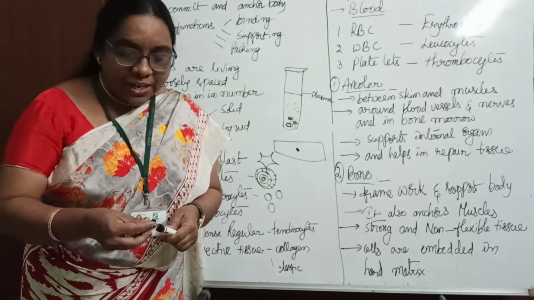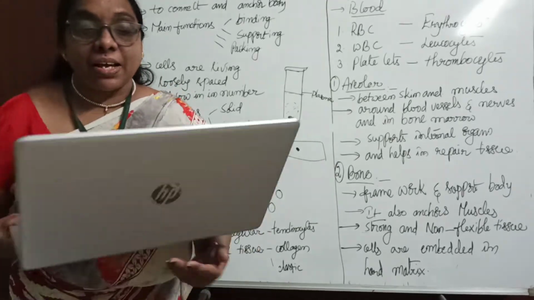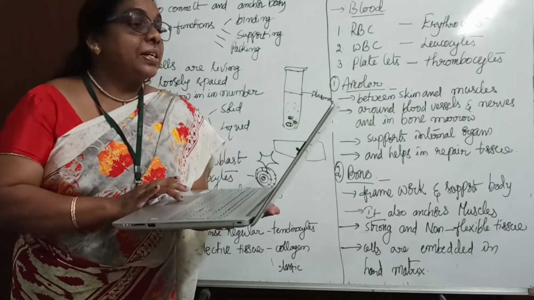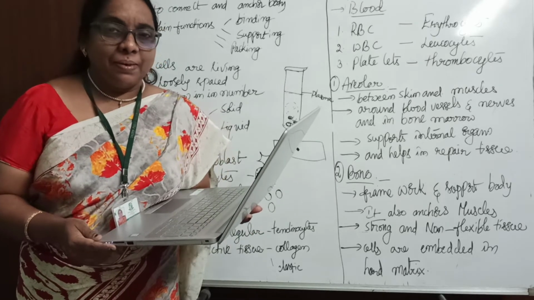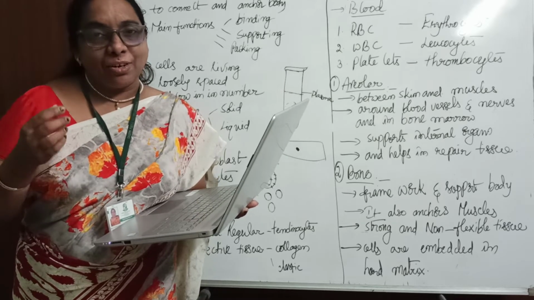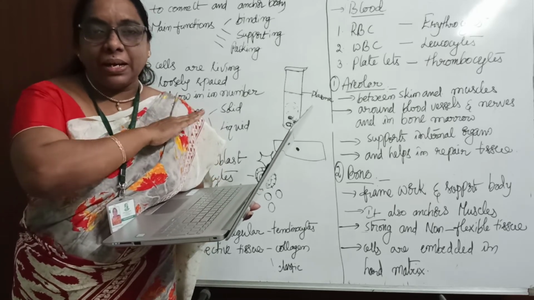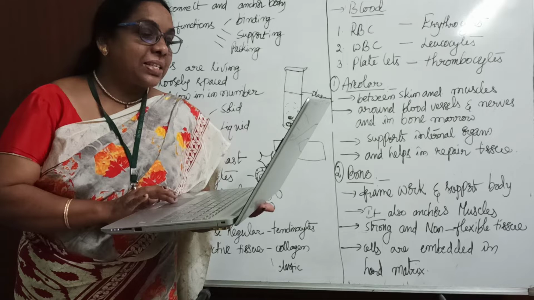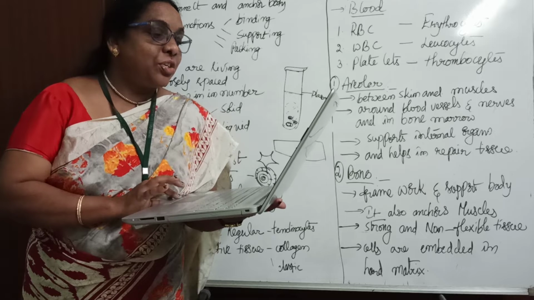The first type of tissue is areolar tissue. The main function of this areolar tissue is that it helps as a packing tissue. Whenever injury or damage occurs, just like parenchyma in plants, which is also a packing tissue, this tissue accumulates there and seals that particular gap. Exactly the same thing is carried out in human beings and animals by what tissue? Areolar tissue. So areolar tissue is the packing tissue, we can say.